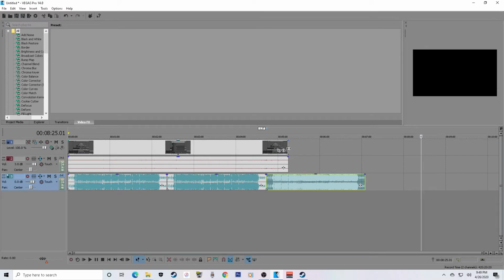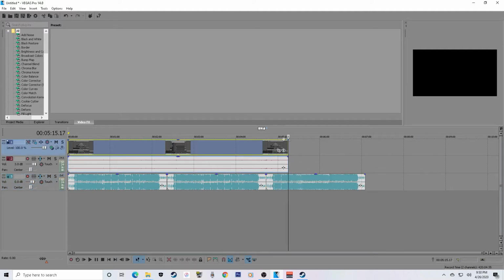So go ahead and click right on the edge. As you can see, when I'm on the edge of my video, it pops up "trim event end," and it pops up the little resizing ball. Go ahead and left mouse button, and that should automatically bring this little guy over to your little dragging thing. And as you can see, if you click on it again on your audio track,